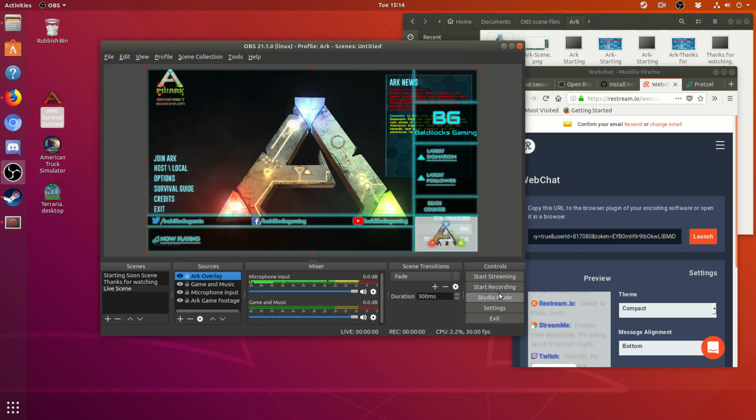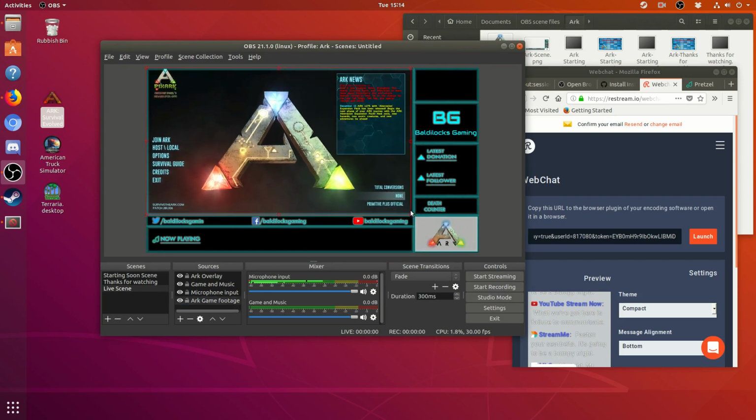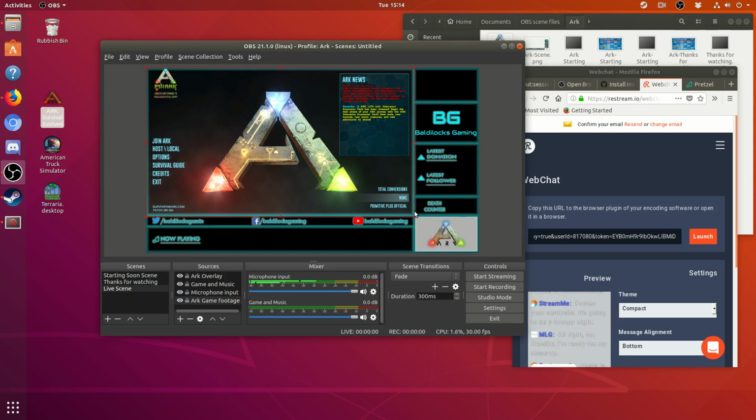And there we go, we've got that. Now what I've done is I've set this up so that it's pretty much fitting in that area there. Now you notice that there's one more blank area here, and that is for my webcam. So again,